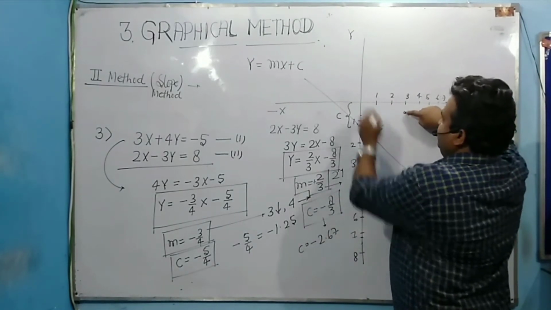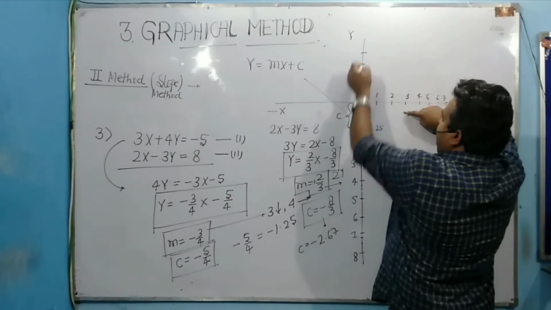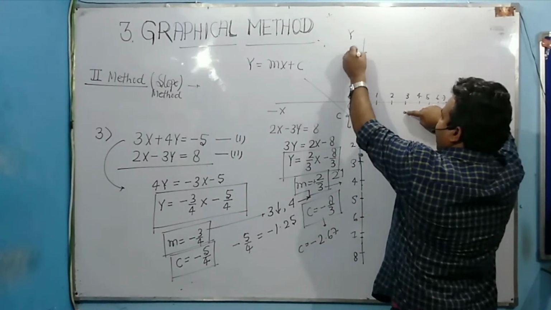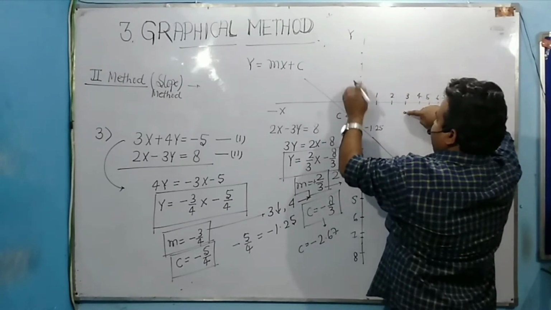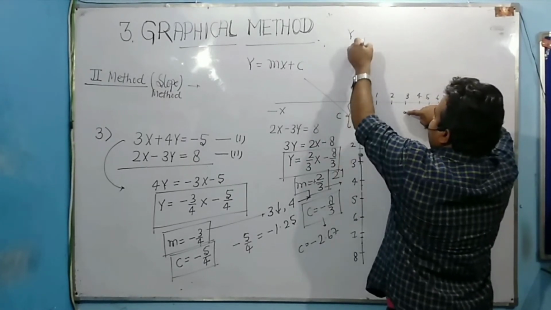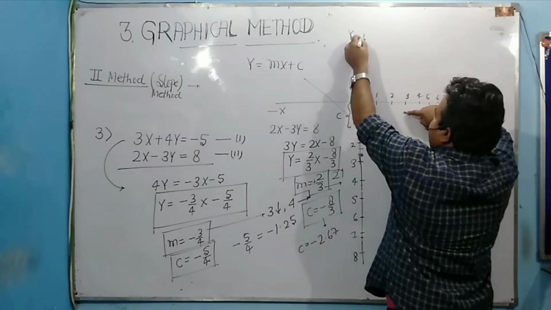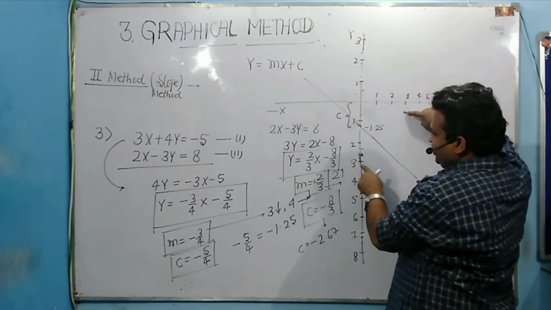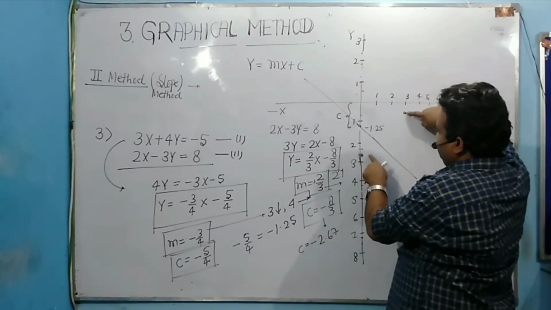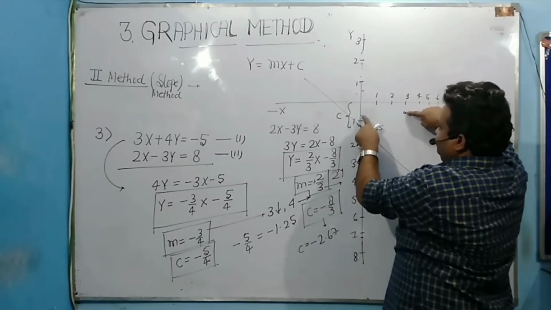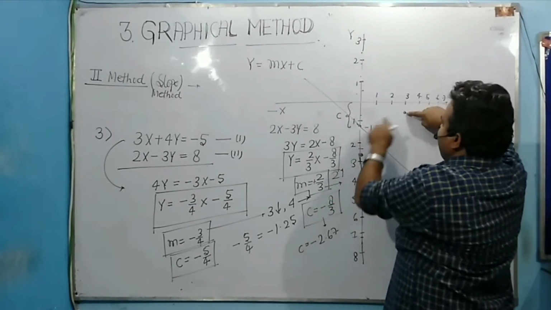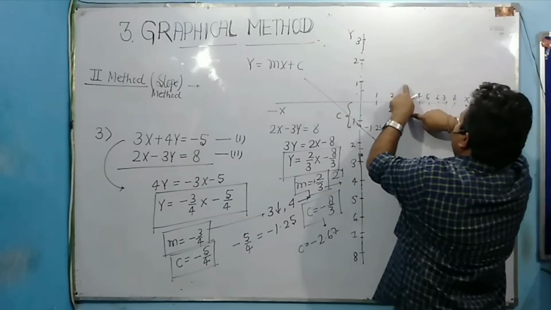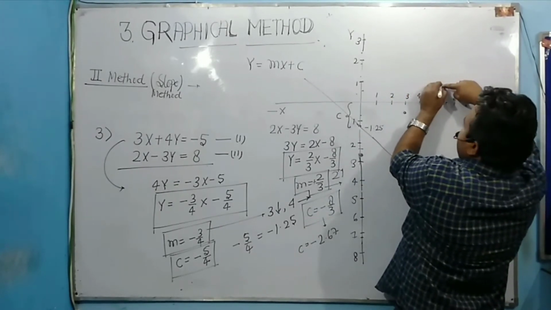Okay, no problem. From here, now 1, 2, 3, 4. Suppose the common section. So this is my 1, 2, 3. Now, from here, this is 1, 2 step upward, 3 step rightward. Now again 2 step upward, 1, 2 and 3 step right. So this will be my point.